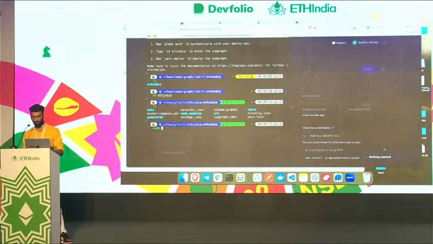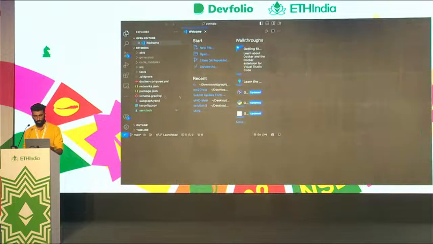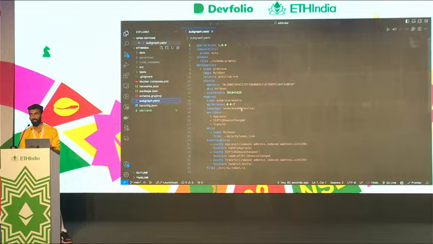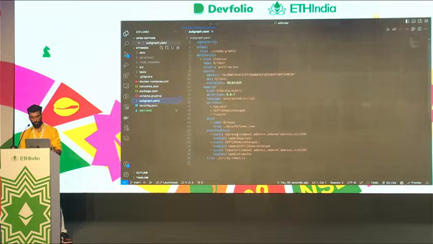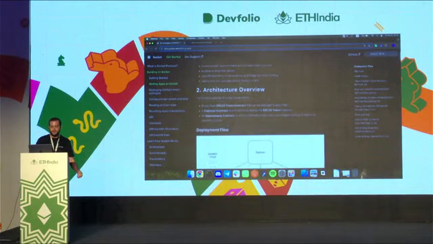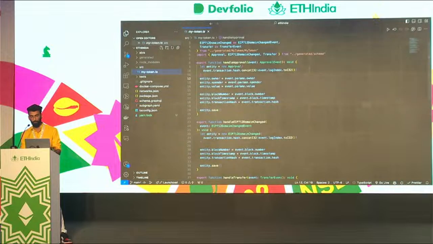Let's go and check this subgraph code out a little bit more for you guys to understand. If I go here, you will see three most important files. The first is the YAML file. The YAML file tells the details, like this is the smart contract address. You need to map the logic between the raw data and its purest form, which can be queried with GraphQL, and this is the logic that you write for that.